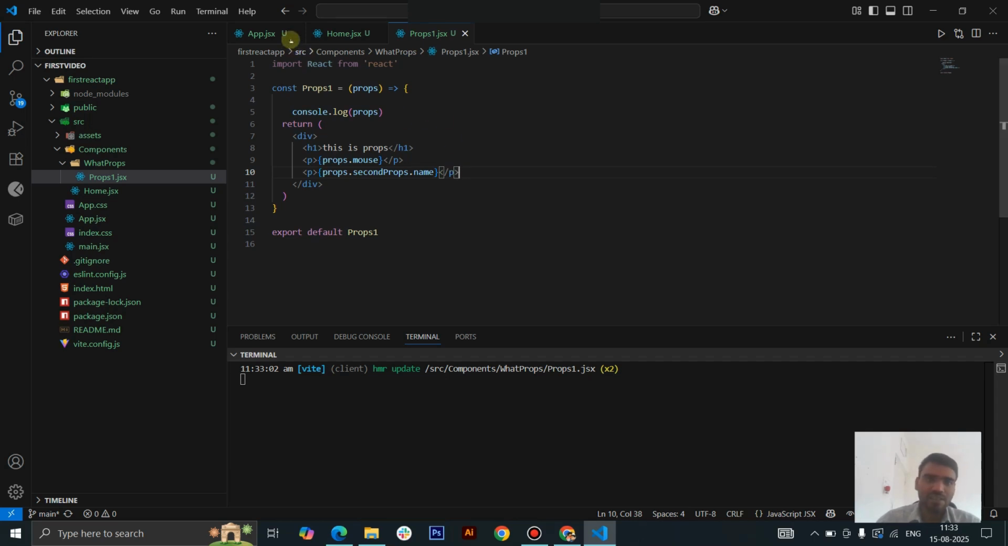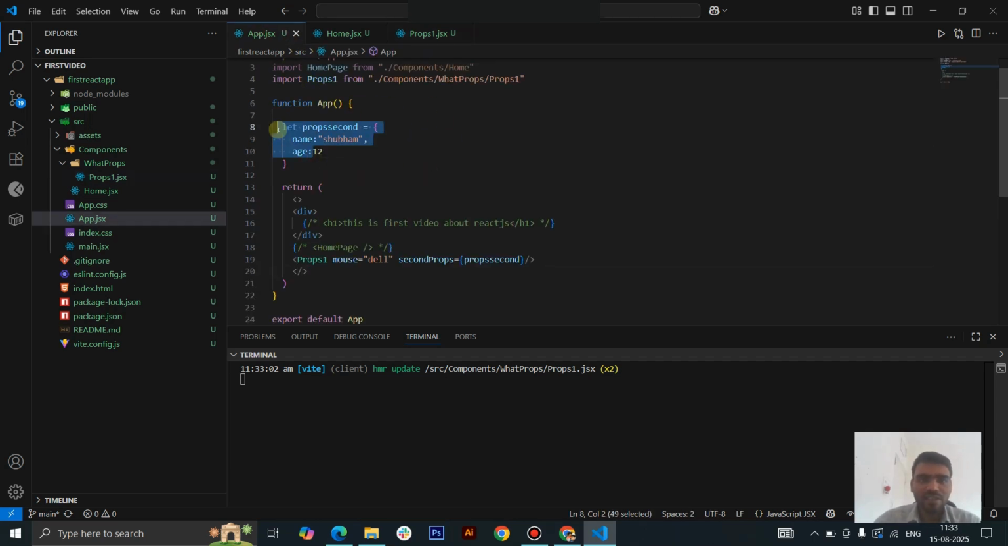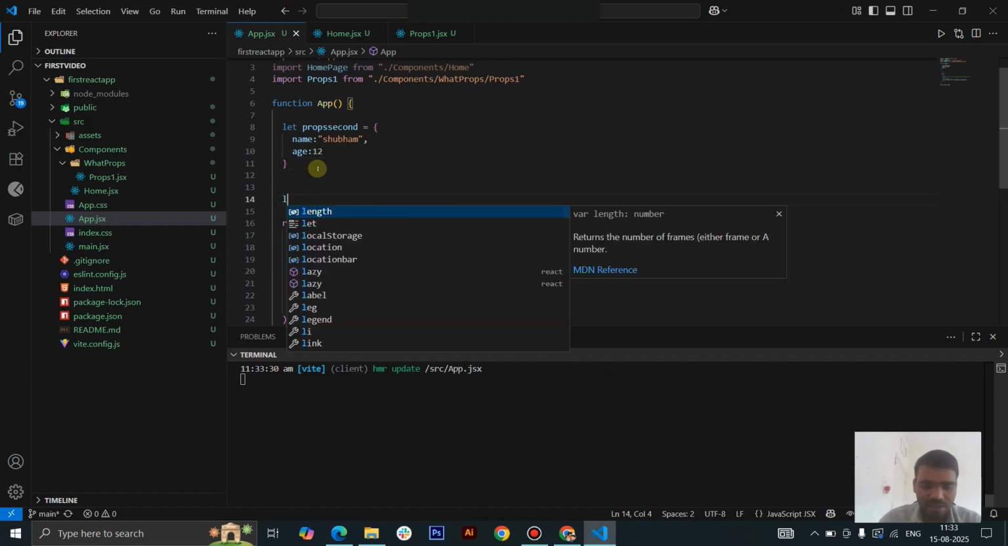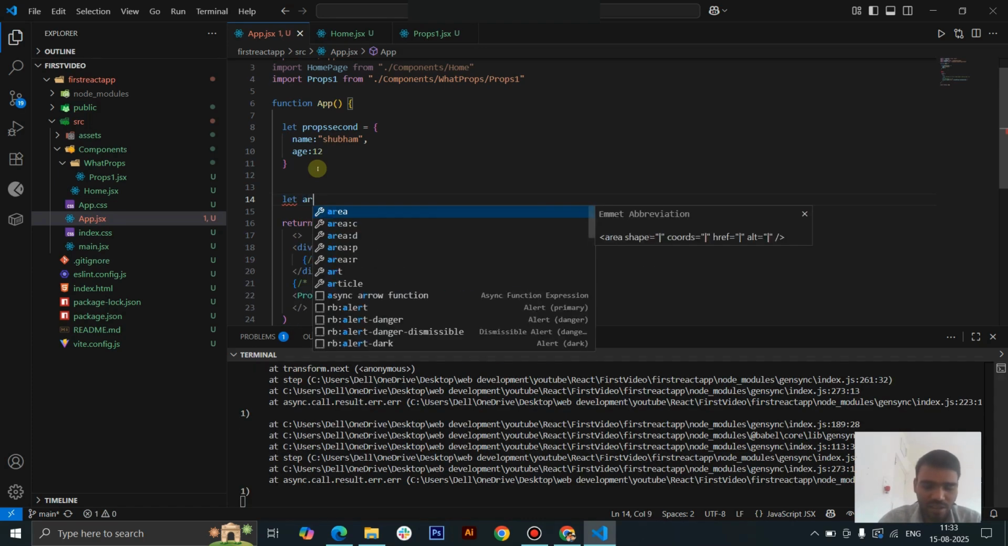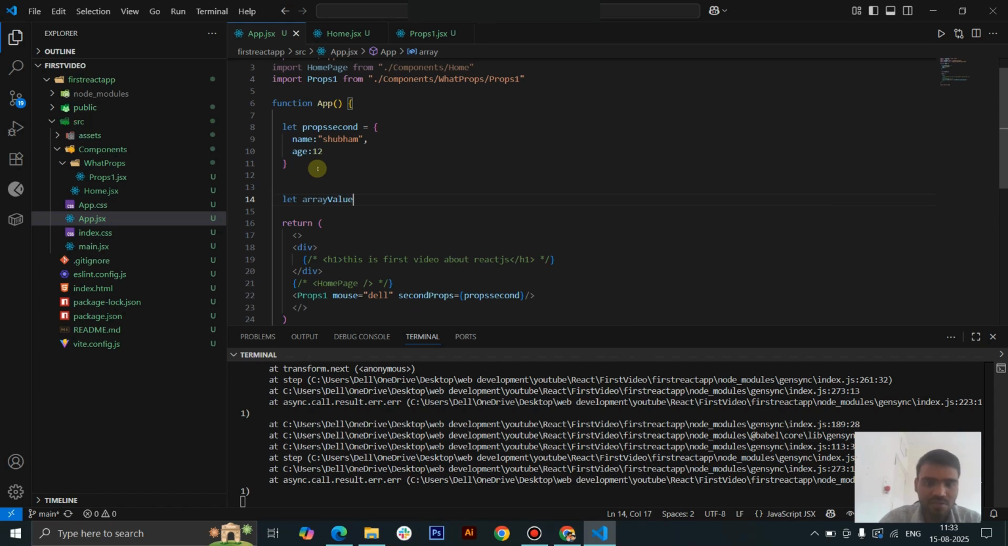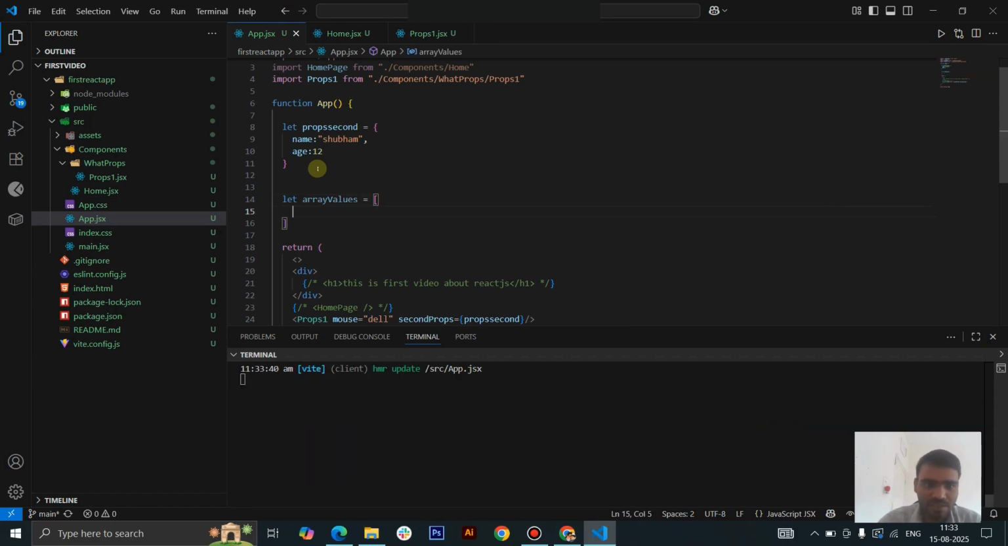You can pass it as an object value, and as a global value, whatever. Okay, and if you also want an array value, like let array values, then just pass this object, yes,